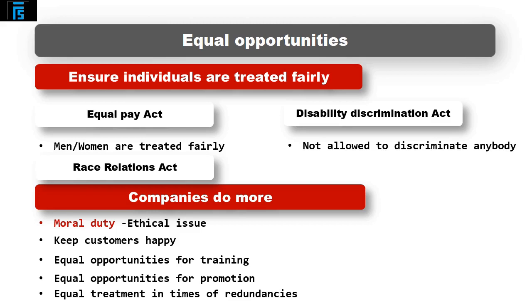You've got to do it fairly. However you do it may be based on experience or skills or knowledge, but everybody should be just as likely to be made redundant, just as everybody was just as likely to be trained. So the idea behind equal opportunities is that you are not discriminating against anybody. You treat everybody the same.